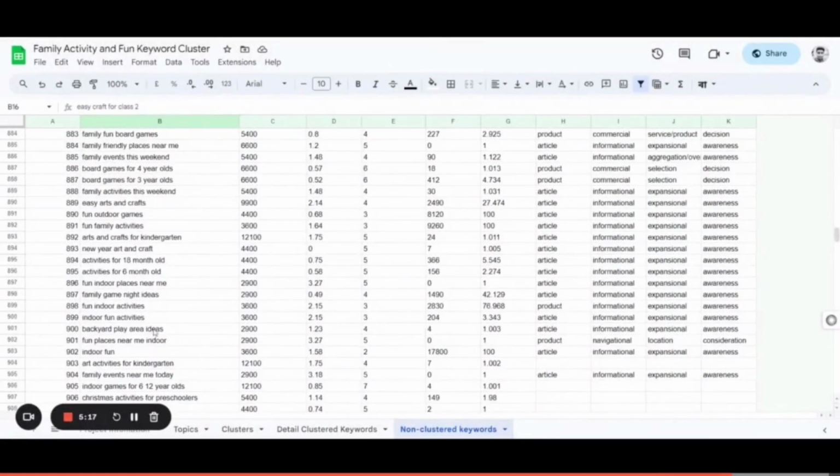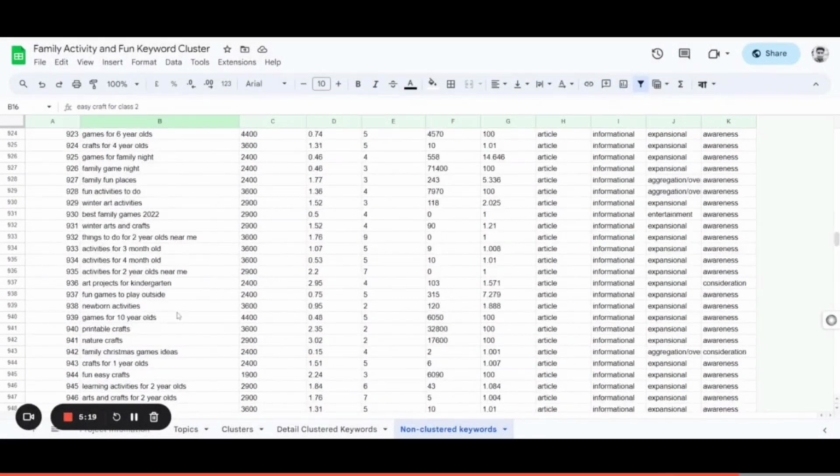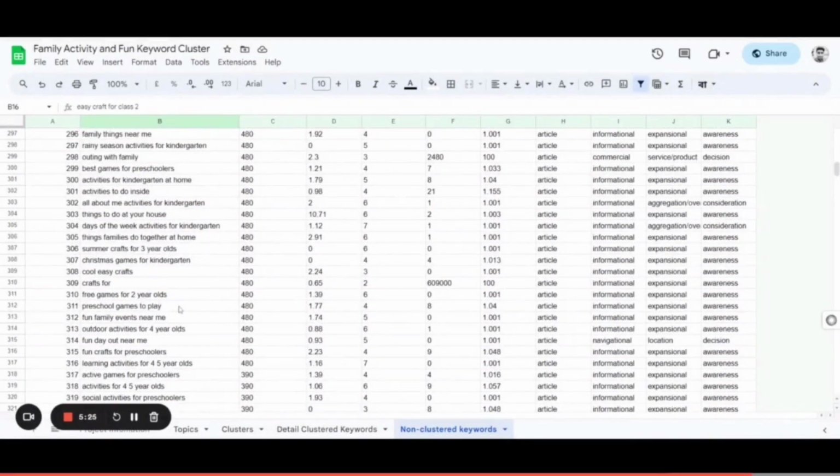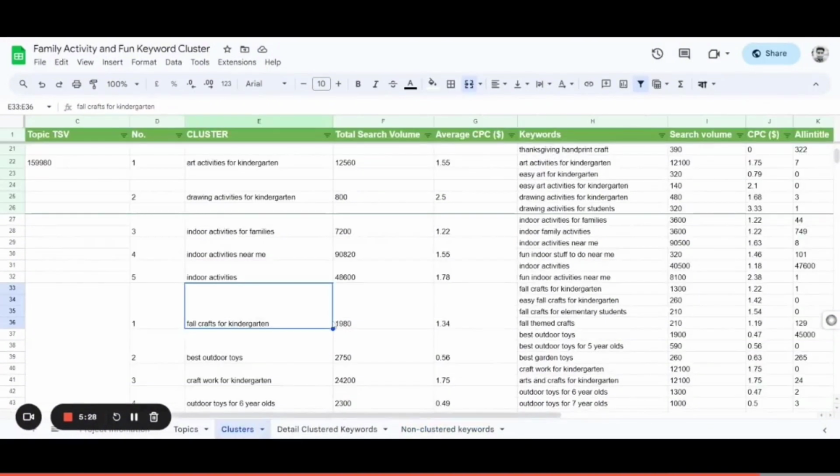And the cluster micro intent is expansional, and here's the awareness. So these are the cluster buying journey. So these are the awareness informational articles. Our system clustered everything for you. You just need to pick the keyword first. To write content, you can just go to SERP, Google, and analyze your competitor. And when writing an article, just check this sheet, the non-cluster keywords. You can get many ideas to include in your